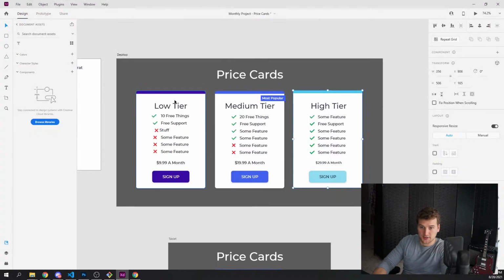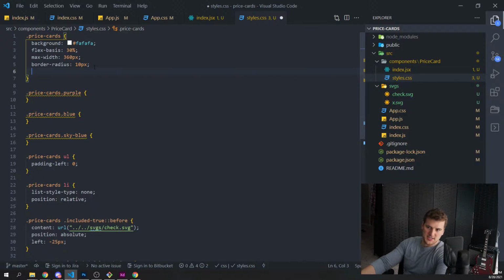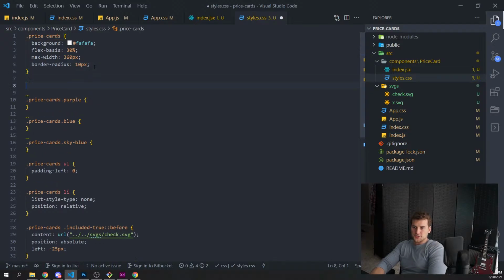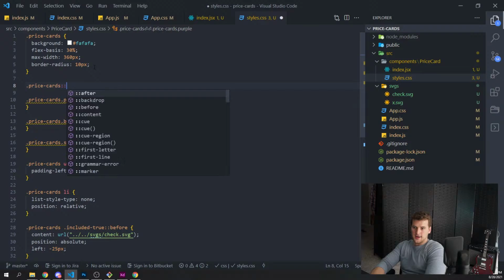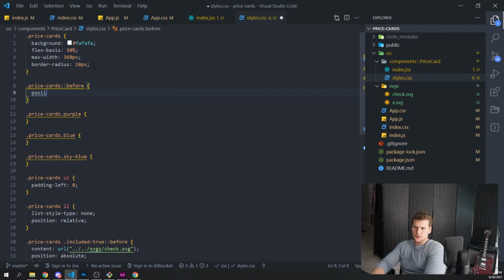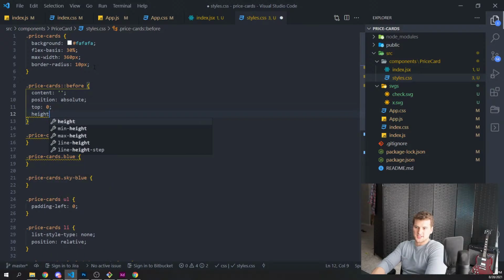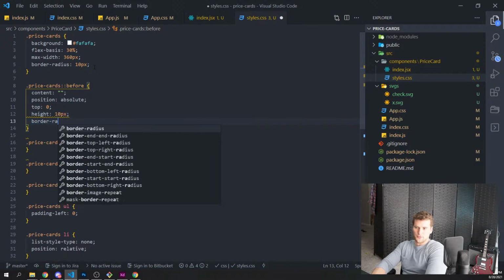So to get this little half effect at the top there, we are going to go to our styles stuff here. We're gonna need this on all 3 cards. The only thing that's gonna be different is the color, so I think we're just gonna do a pseudo element of that, right? So we'll do price cards before, not cap, before, and then we want content to be that, position absolute, top 0, height, what is that, like 10 pixels, border radius.